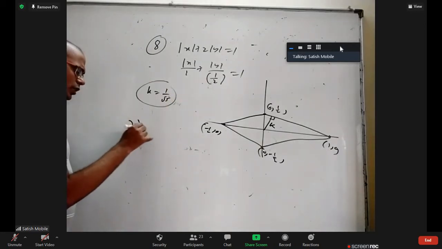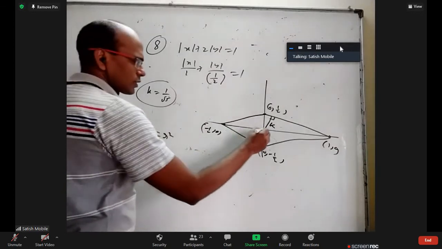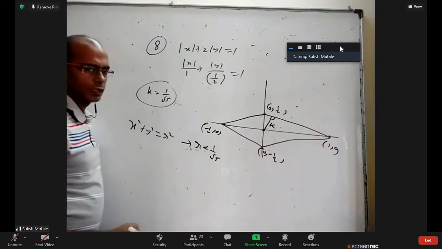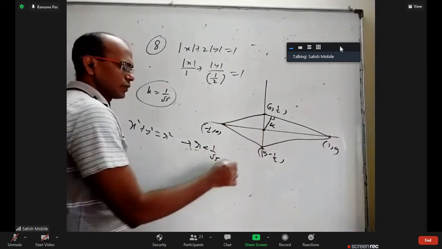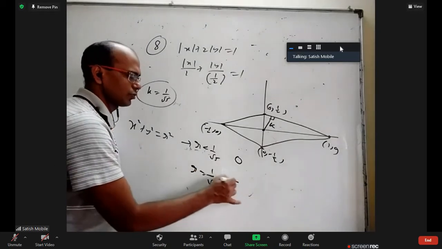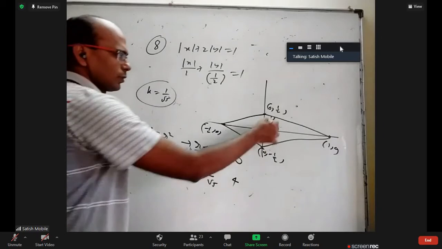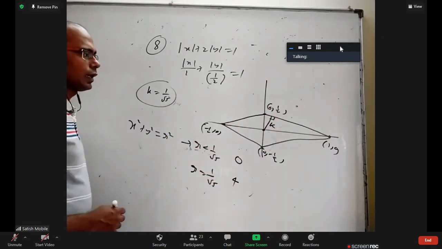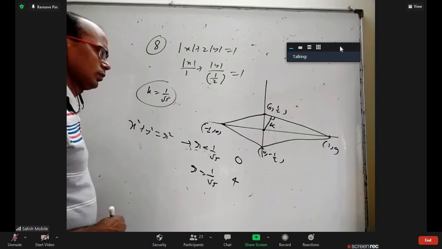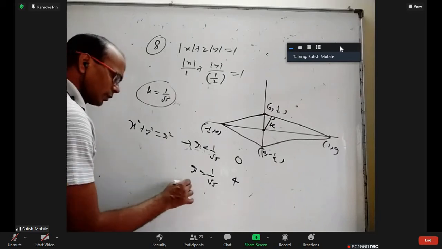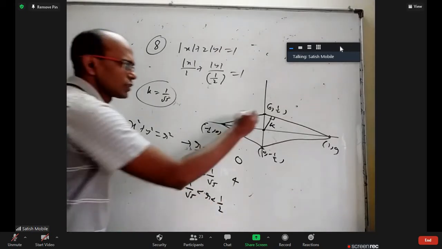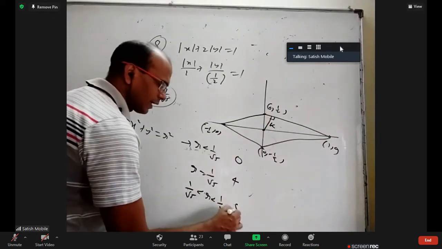So if I take x square plus y square equal to r square, the circle is centered at the origin. If I take radius less than 1 by root 5, the circle and this rhombus will not have any common points at all. When you take exactly 1 by root 5, there will be 4 common points. It will just touch. If I take radius between 1 by root 5 and 1 by 2, which is these 2 points, I will have 8 solutions.